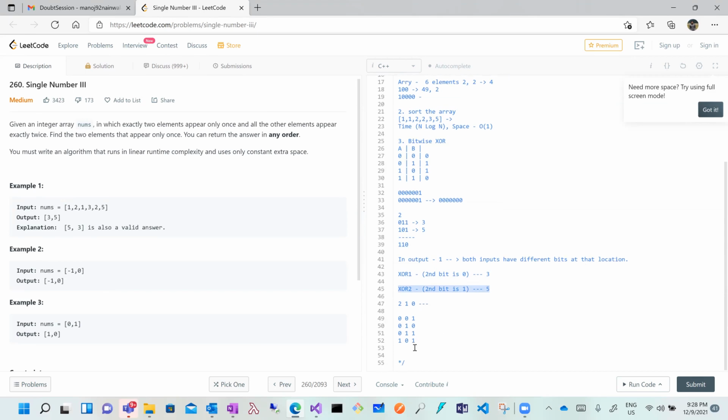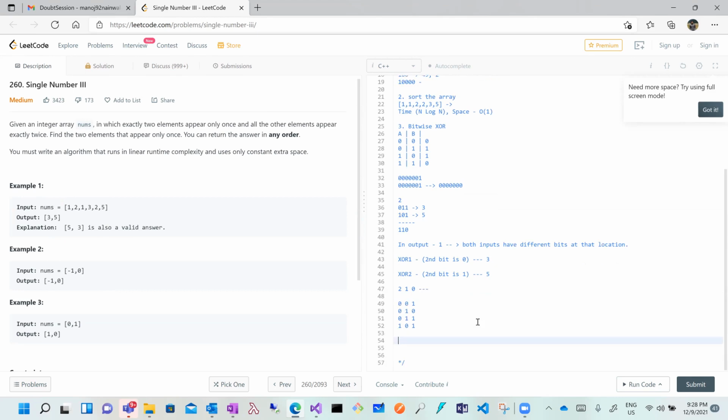Let me give you an example here. Let's choose the second bit first. So 1 will be XORed into XOR 1 because this bit is 0. Initially XOR 1 is 0, and I have put 1 here because this bit is 0. We are saying if the second bit is 0, it goes to XOR 1.